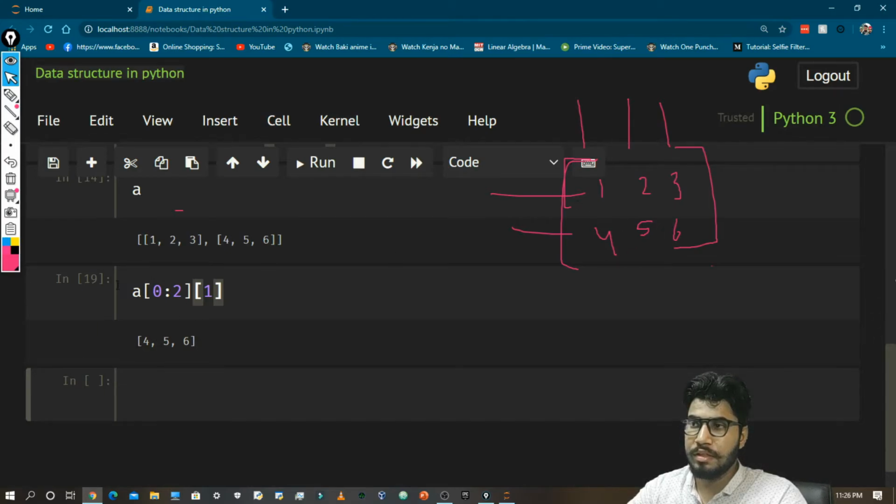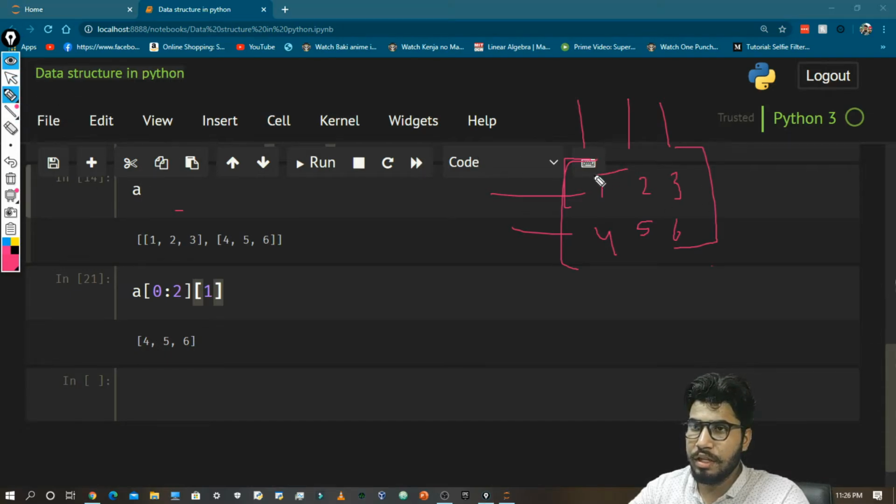Okay, so here it is telling that first select both rows, this row and this row. So it selected 1, 2, 3 and 4, 5, 6. Then we told it to select the first value from that. So now this is a list and this is a list, so it selected the second value.